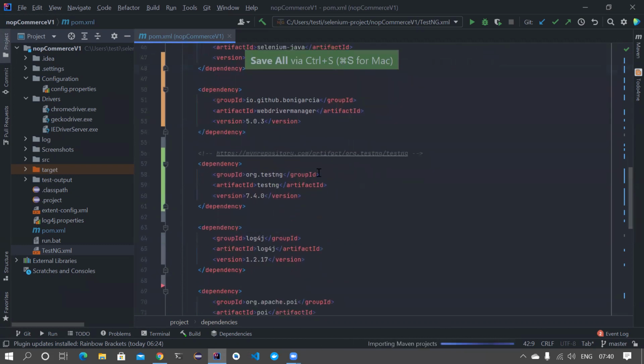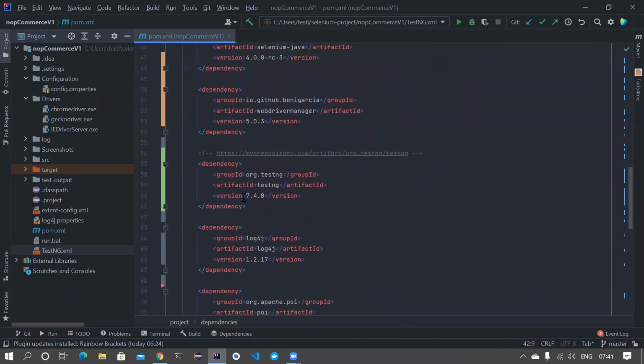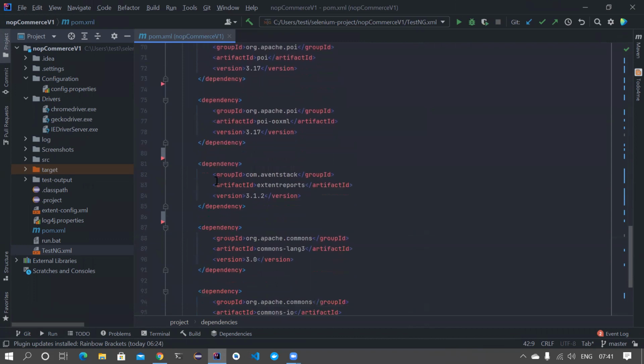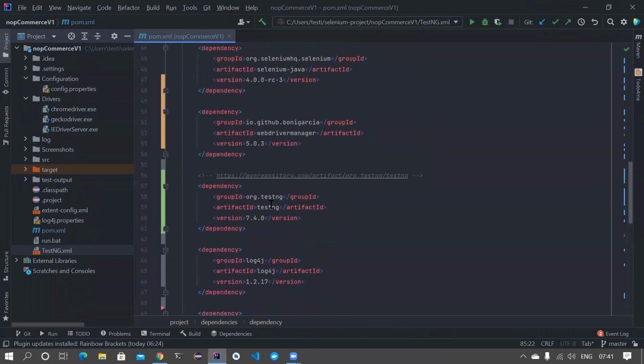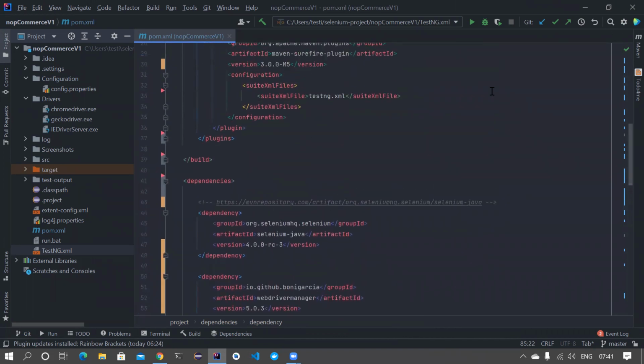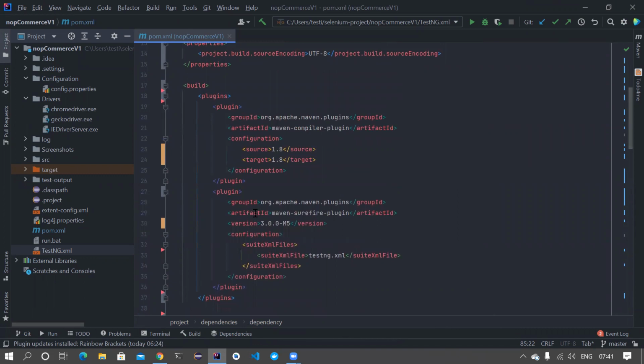I think the resolving also happens. If you notice, everything is happening. Again, they're using an older version of Extent Reports, but there is a big change from Extent Reports 4 to 5. If I have to update to the latest version, I need to look at the code and see how they are using it. So let's not do it for now. We have almost done everything here, and I think the first step is that we need to run the test.